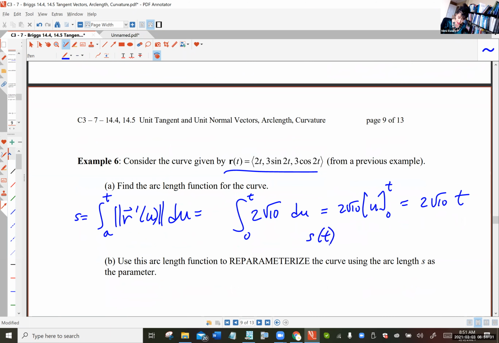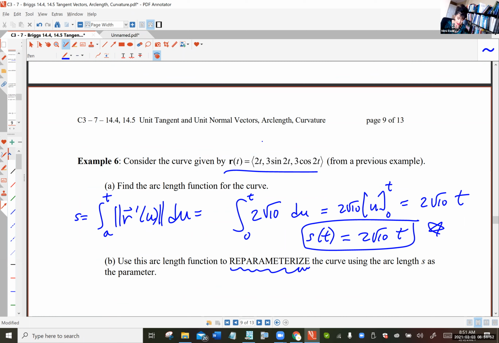So we're saying s of t, which is now a function of time t, is 2 square root of 10 t. Put a box around that. That's your key. That's your answer for letter A. Now what? We're going to use this arc length function to